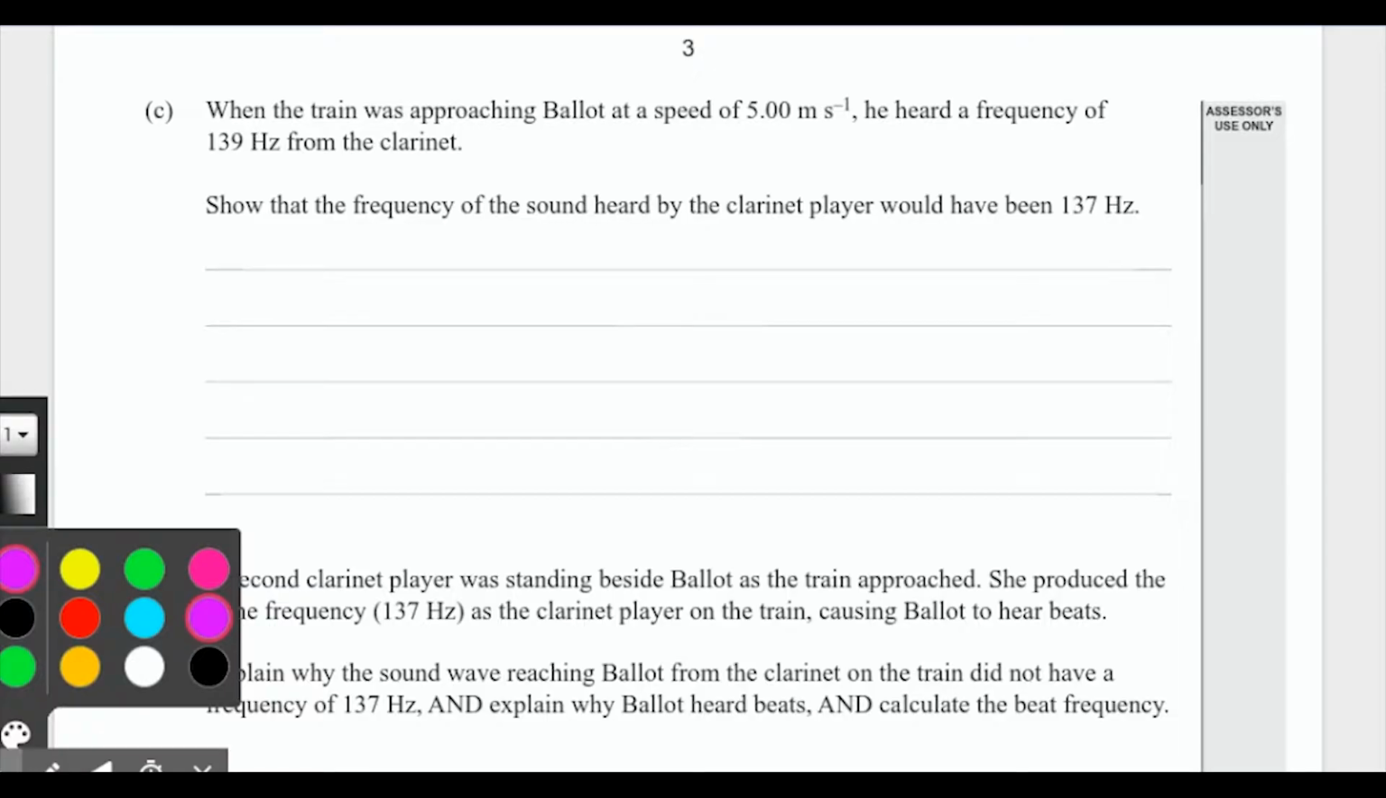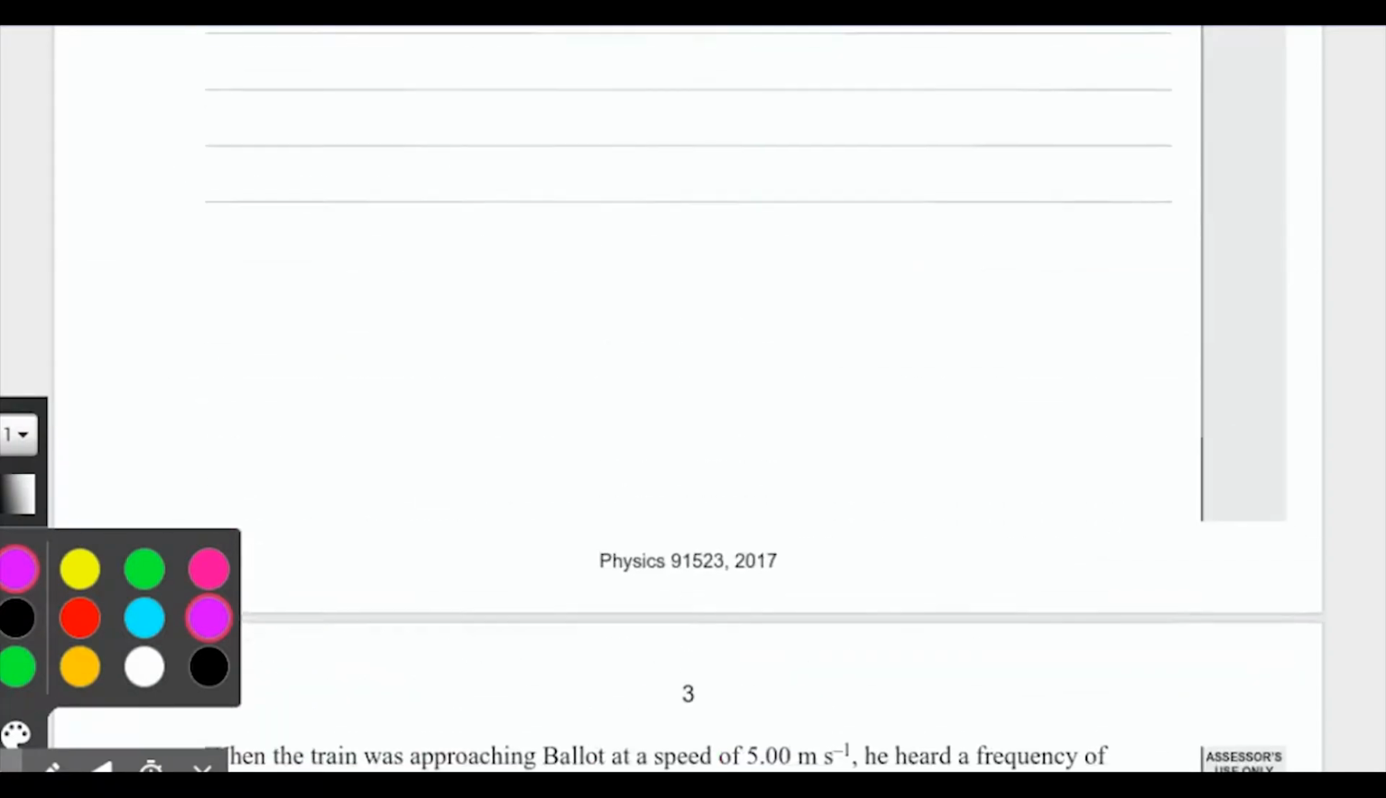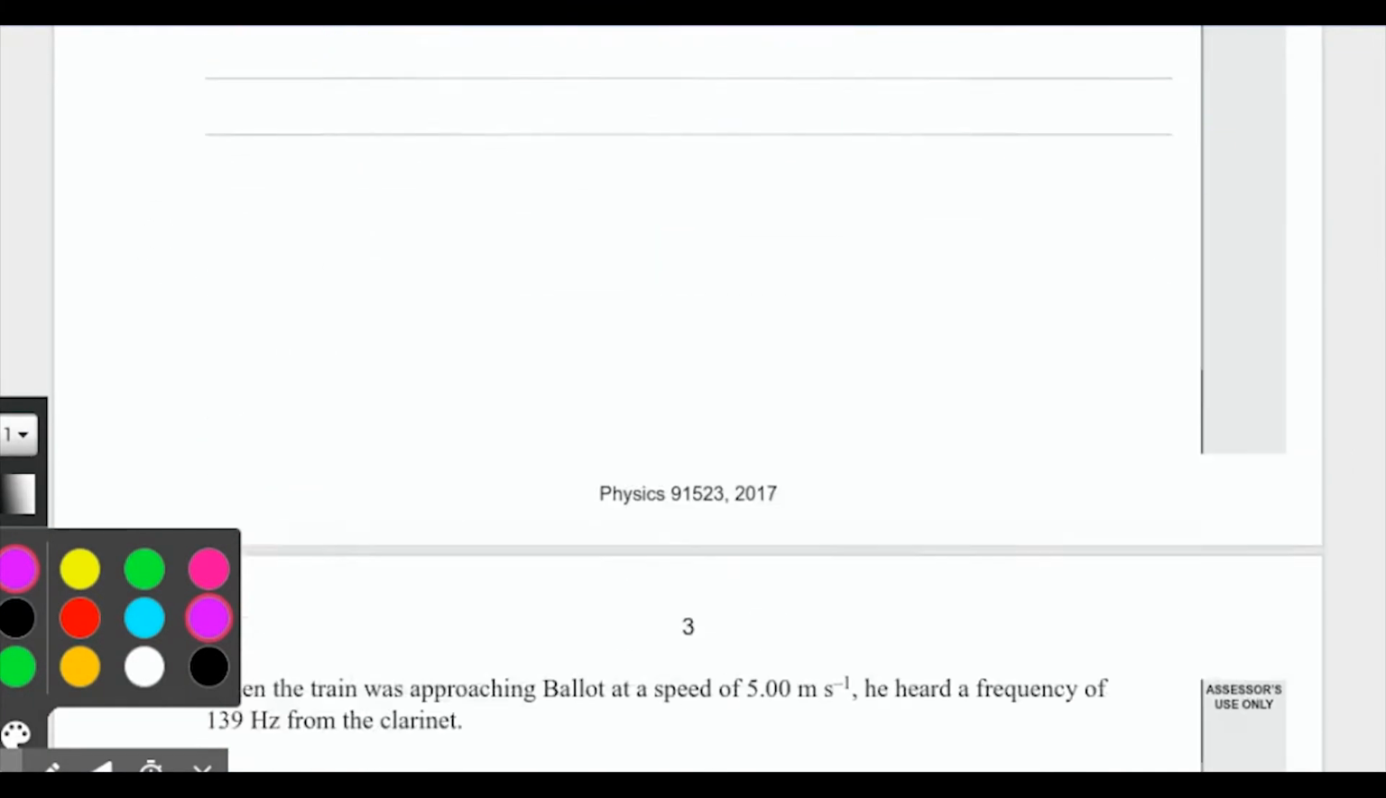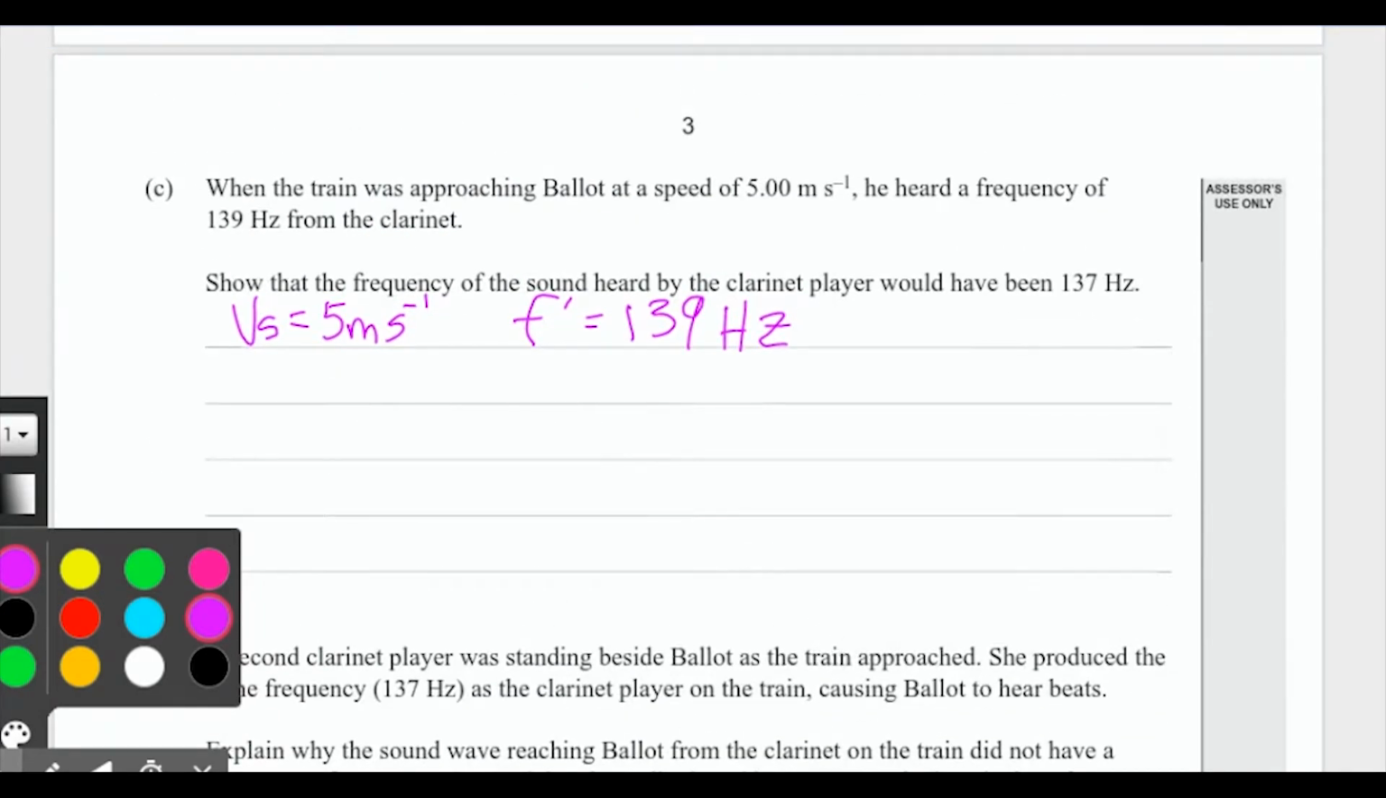So, we know that the velocity of the source, so our train, is 5 meters per second. We know that the frequency heard, so f prime, our frequency changed, is 139 hertz. Now, we know the velocity of the wave, because if you might remember, if we scroll up here, it tells us that the speed of the wave is 341 meters per second. So let's put that in. So our v wave is 341